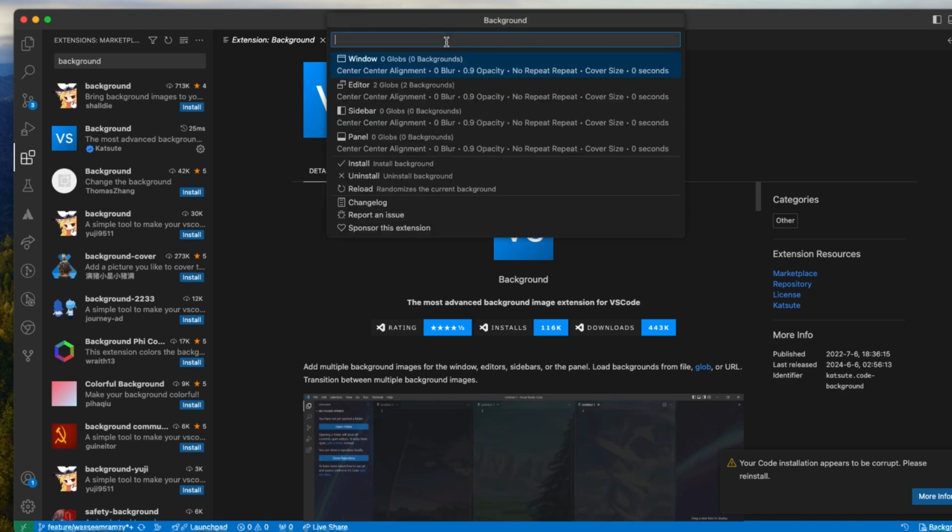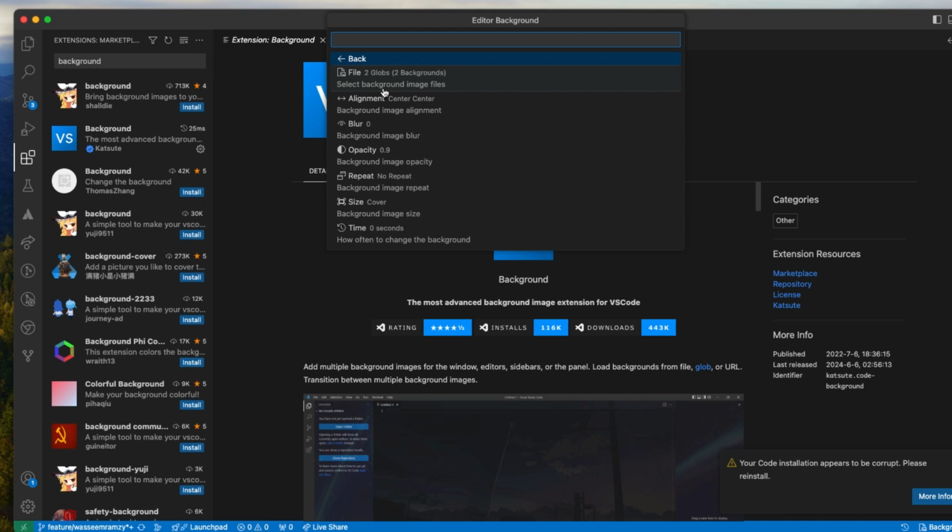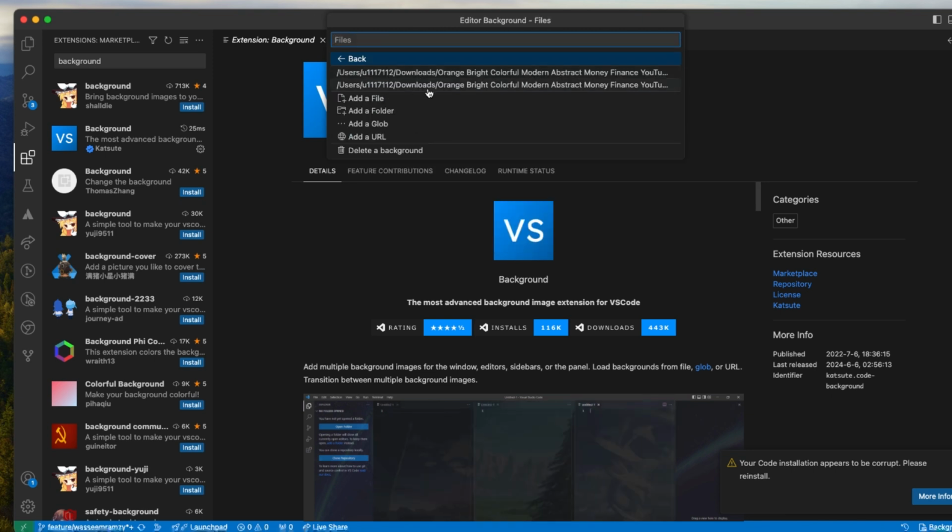and select that one, and you can see an option called editor. Select that one, and you can find the option called file. Select that one as well. There will be two options: add a file, add a folder. We're going to add a file, so I'm selecting the add file option,